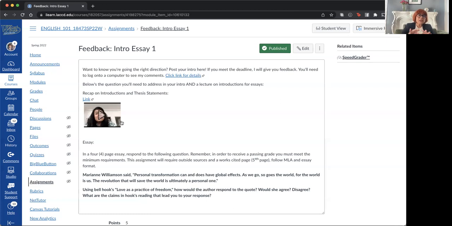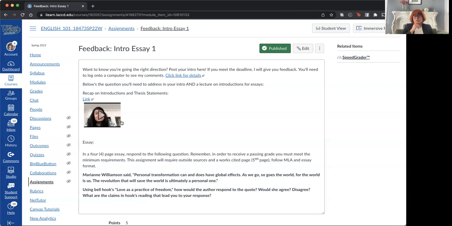So when you're aligning your claims to answer this question, they don't have to match identically, right? One claim can build on another. They just have to resonate. Now, if you agree, obviously the claims will connect and align with more similarity. If you disagree, then the claims will align in how they contradict each other. So that is up to you. You selecting the claims is up to you.